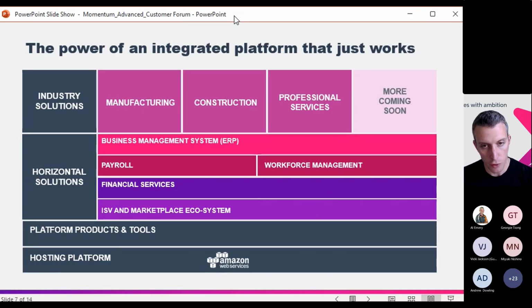Now, if you think about the overarching Advanced platform, there are multiple components to it. If we reflect on some of what I've already described, and go bottom up on this graphic, all of it is hosted on AWS, which you most likely already know. You then have platform and product tools, which make it more capable for you to create integrated workflows. Some of that no-code, low-code capability which is coming is across the vast majority of the solution.